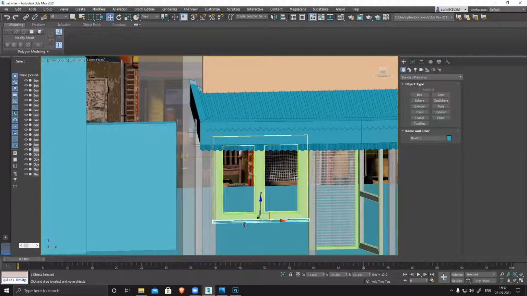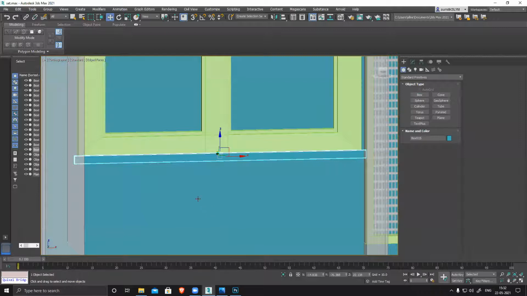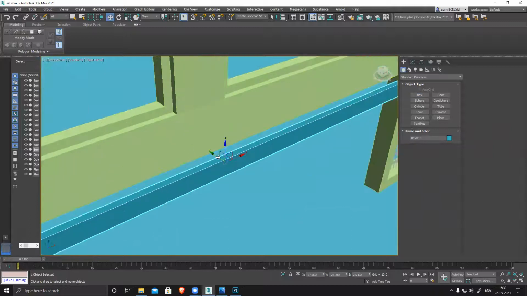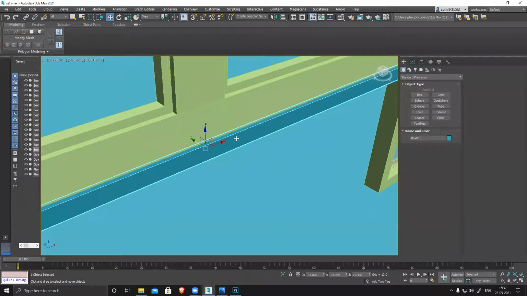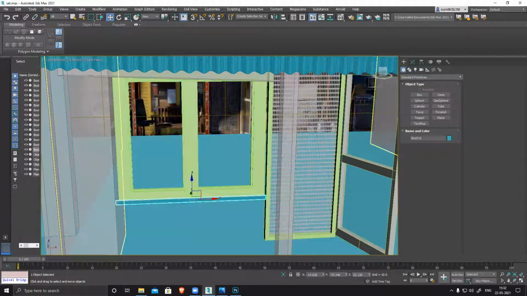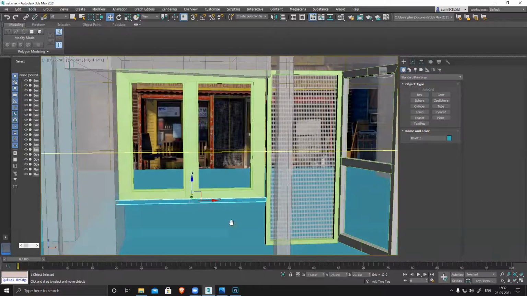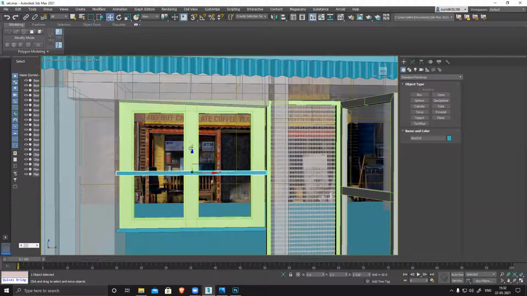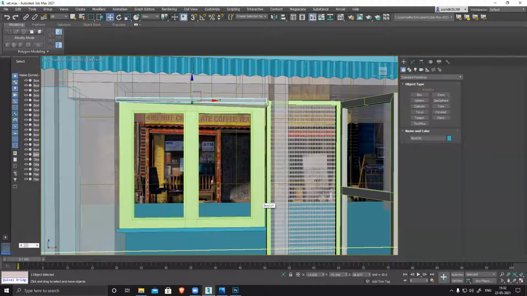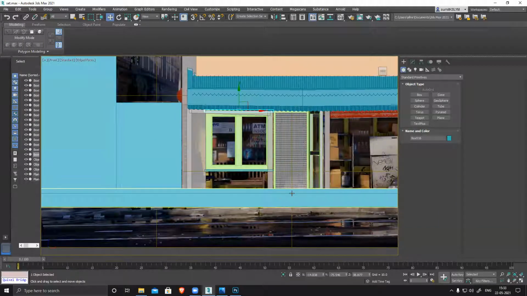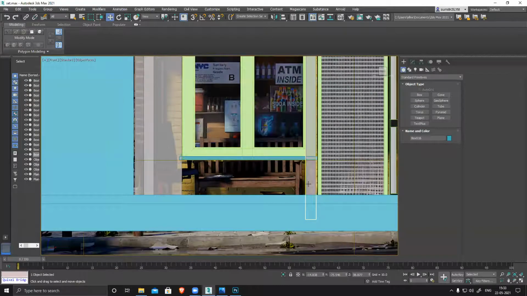Slightly overlap this thing. Z, zoom in, focus on this, and perspective, Z. Yeah, like this. Slightly intersection, that's completely fine. So if bottom side it's there, that means top side's not visible, but it should be there as well. So I've created this window, this door. So we have a bench here. We'll create that bench as well.